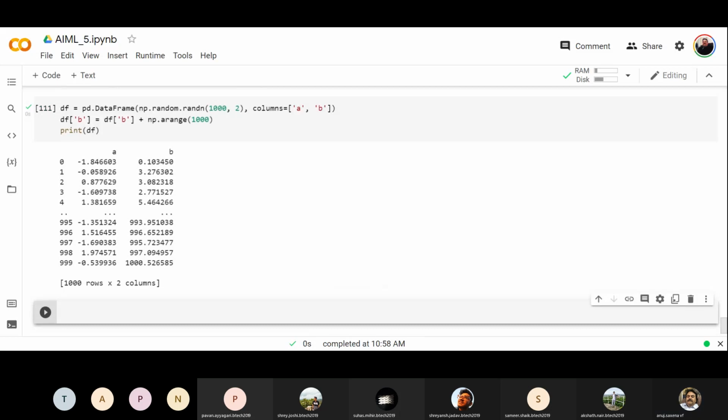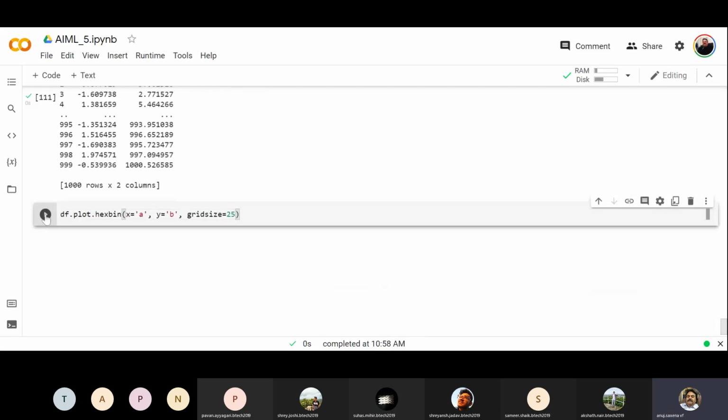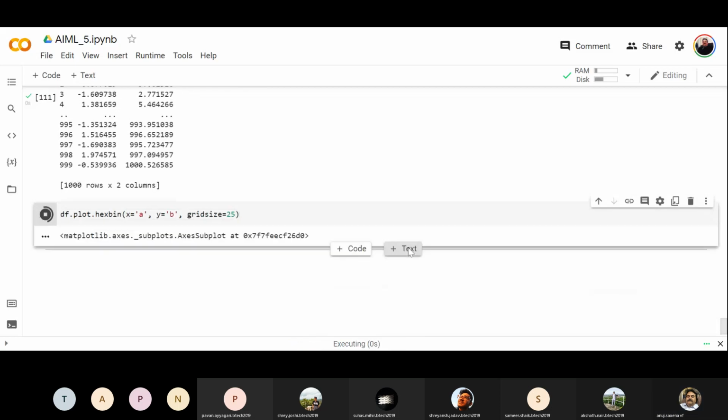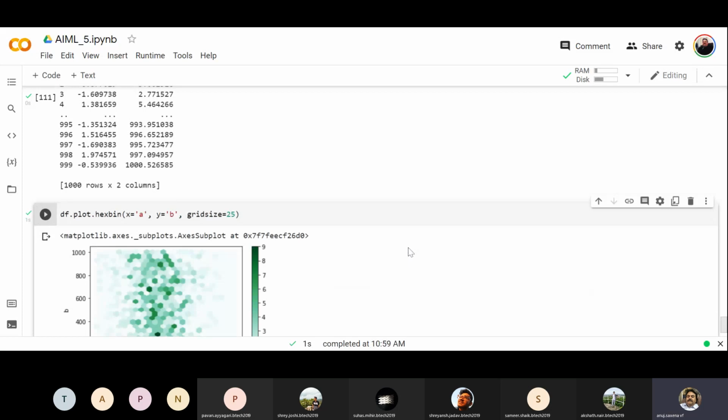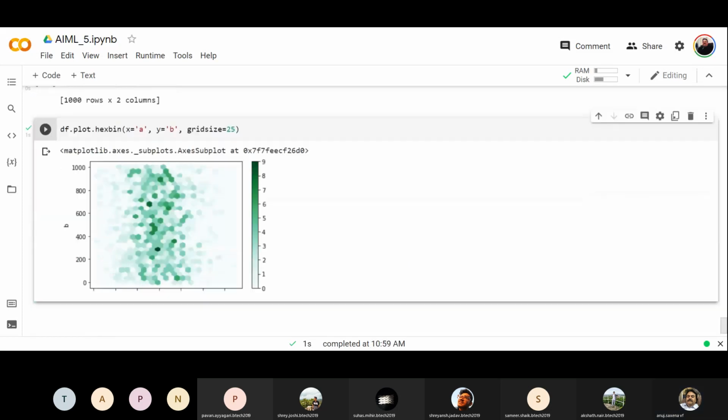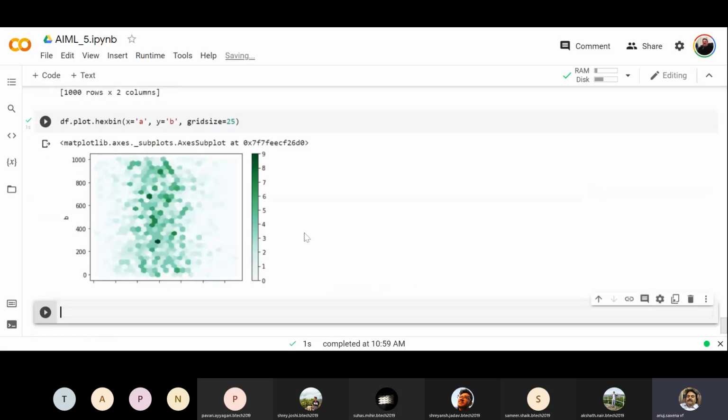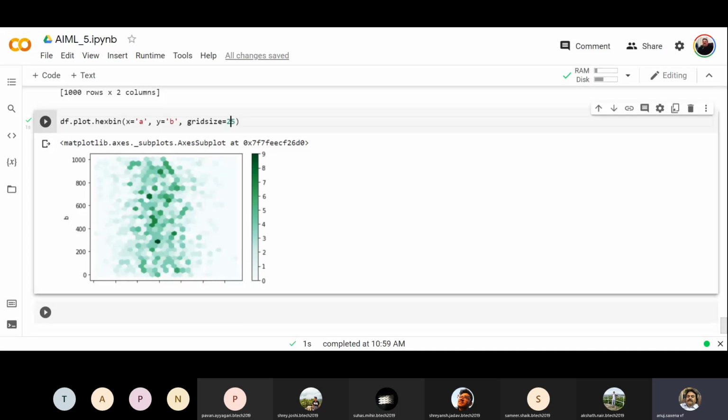Now I'll put hex bin. This is a very interesting plot, a very nice plot actually. This is similar to your scatter plot, but this is called a hex bin plot. Colors are there, so you can vary the colors. Grid size we have given as 25. We can increase the grid size to something else, let's say 55, and see